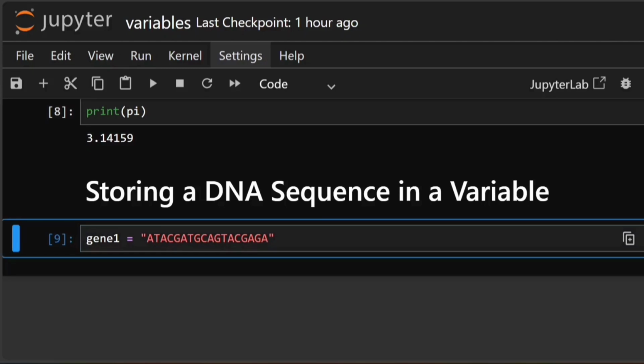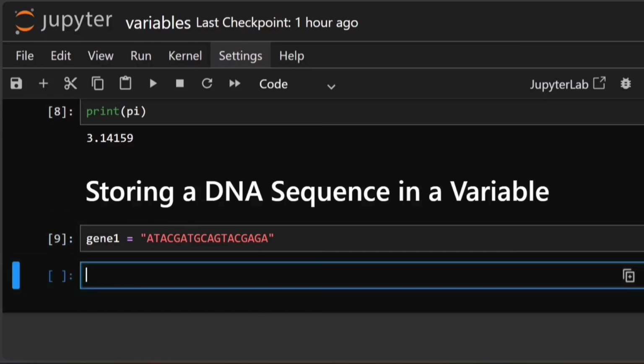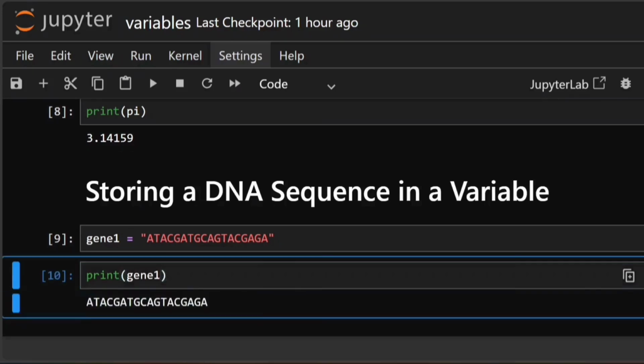This is the DNA sequence and I'm saving it in a variable called gene1. Now I'm using print gene1 to see what's stored inside this variable. The output is the exact sequence we entered. This confirms that Python is keeping our DNA data safe inside the variable gene1.